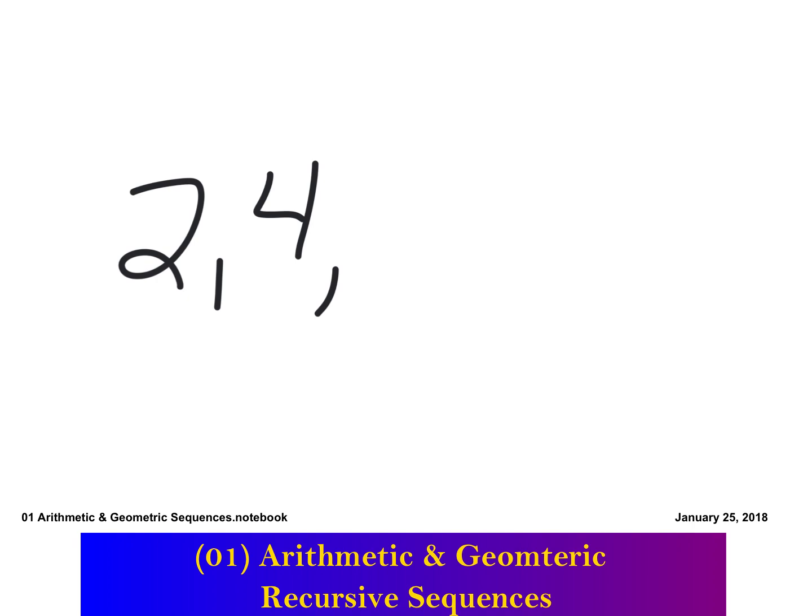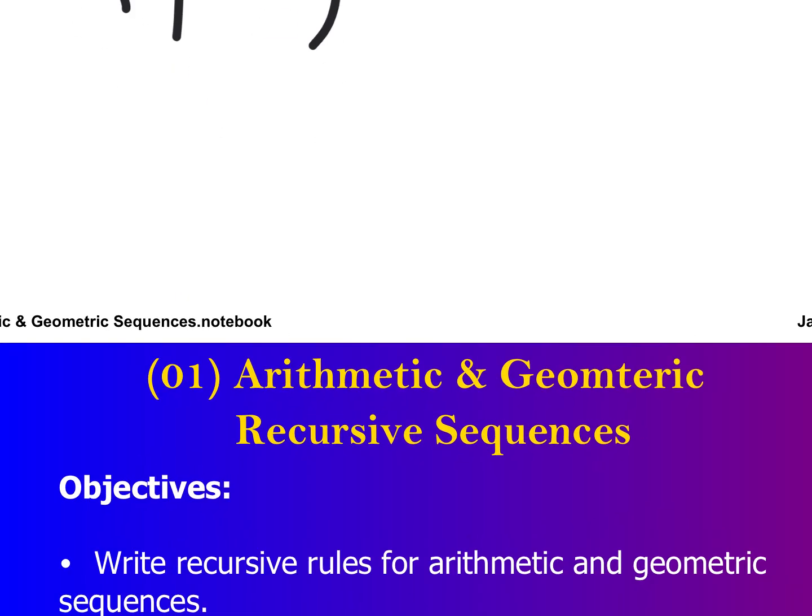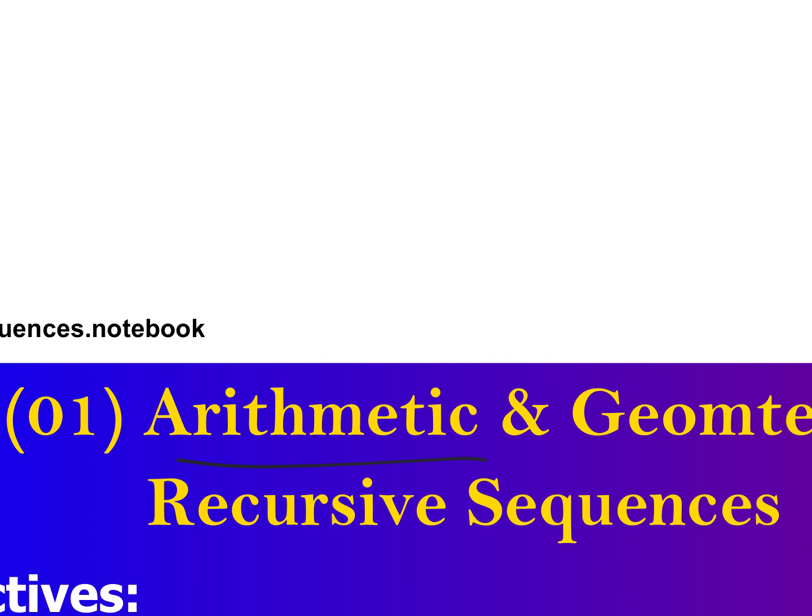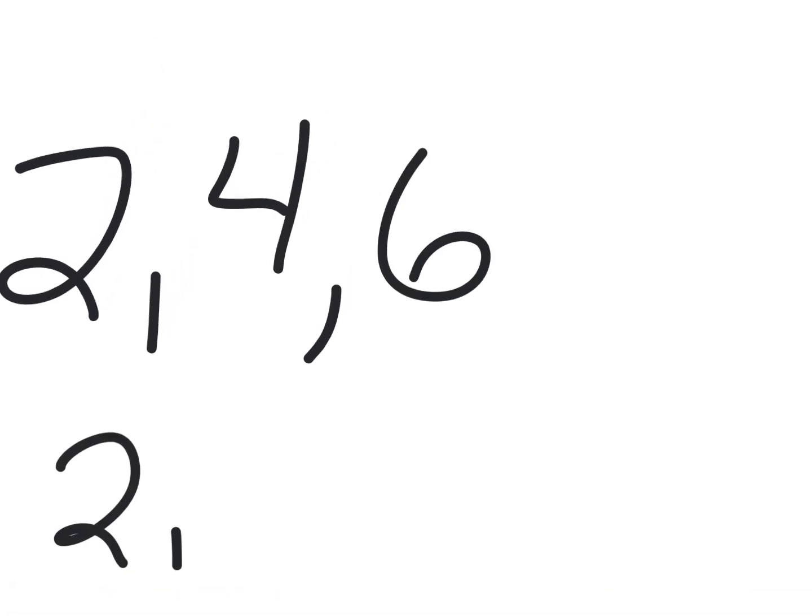That's exactly what the difference is between geometric and arithmetic is the way you say it. I know some of you are like, that's arithmetic. No, the way we say it for this unit is arithmetic. That's an arithmetic sequence. If you add something each time, it would be 6. If you instead were multiplying,